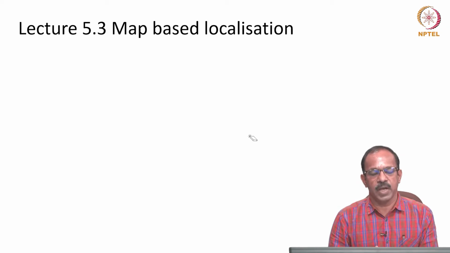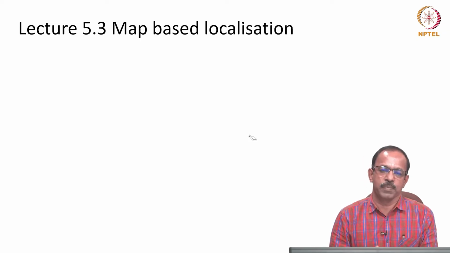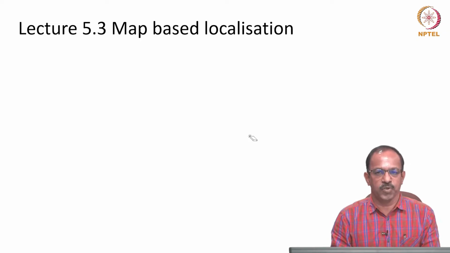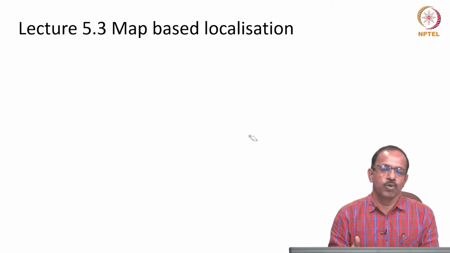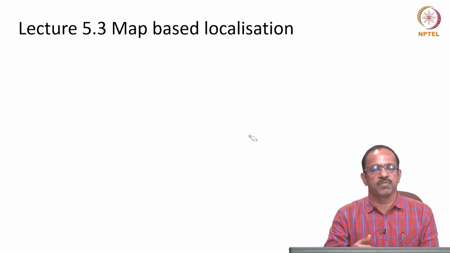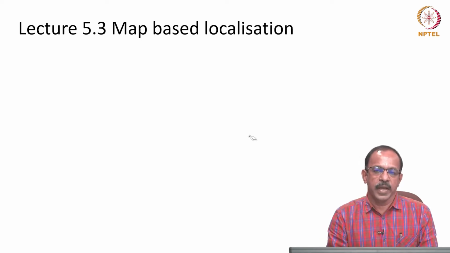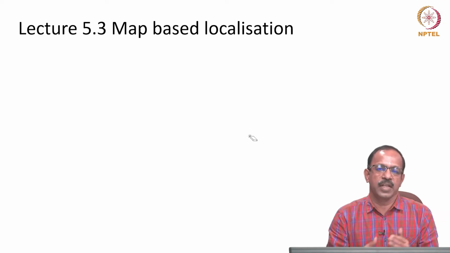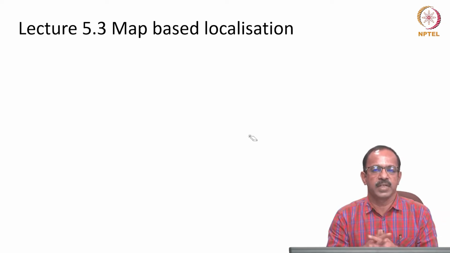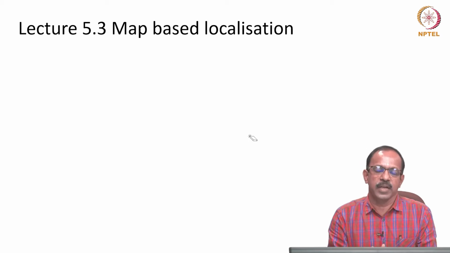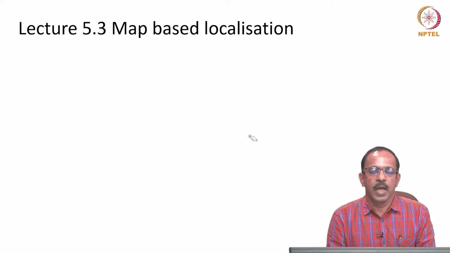So, in the prediction update, we use the odometric information and update the position of the robot, and then at the new position the robot will use its sensors to collect information from the surroundings and use that information to match it with the map information, and then based on this they will actually update the position and its covariance. So, that is basically known as a perception update.